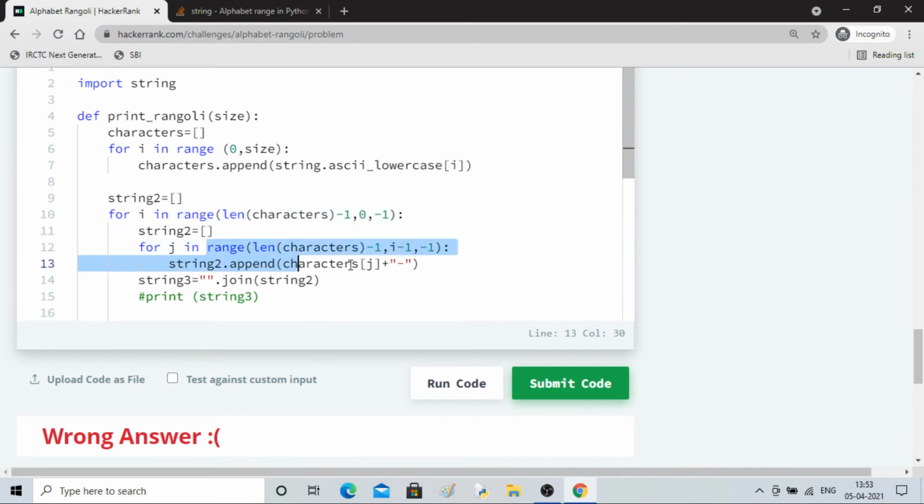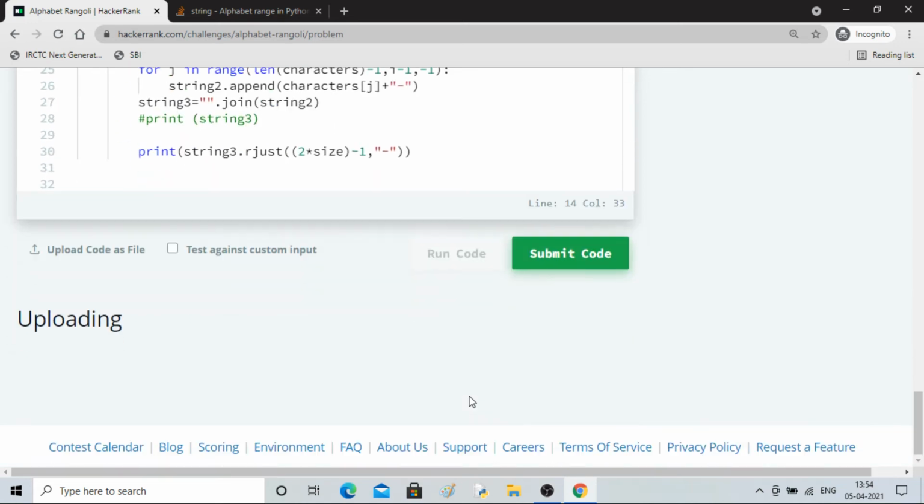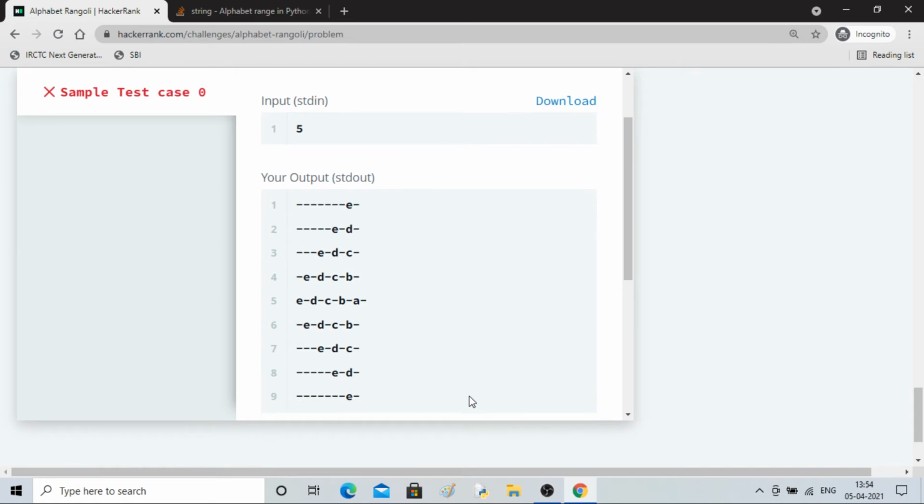Everything else is the same. Let's run. EDCB, everything is fine. This is the only thing which is bothering right now, so we will take care of that.